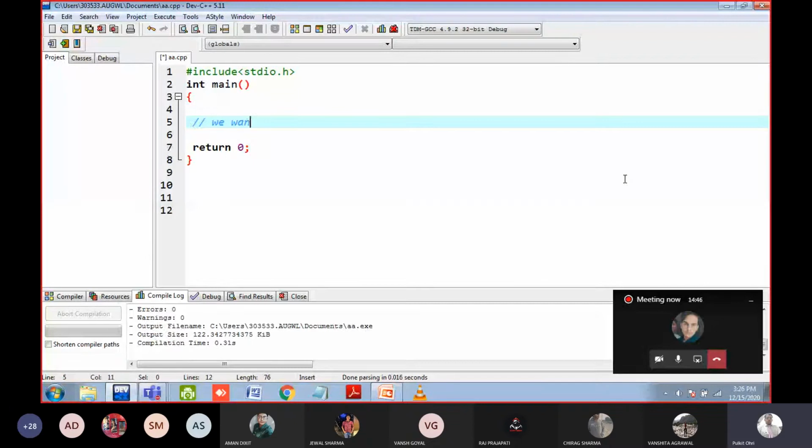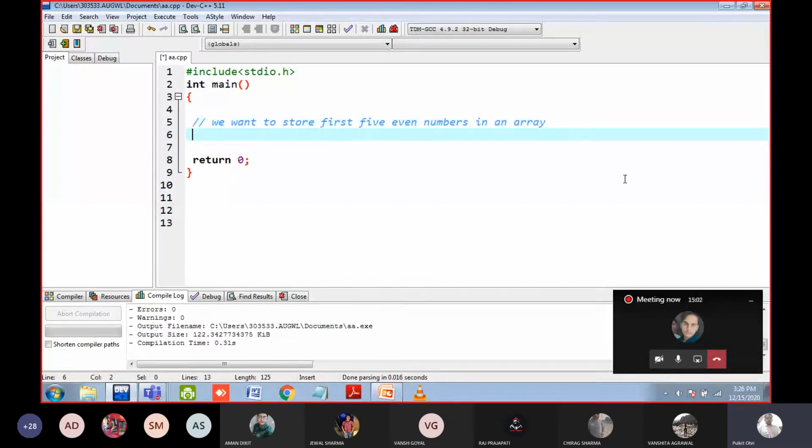We can also store them using the variables, but the thing is I have to create 5 different variables, and if I want to print them, I have to again write the printf statement 5 times. So total we have to write 10 lines. But if I'm using the array, I can write the code in around 3 to 5 lines, I think, or even less than that. So how can we create an array?